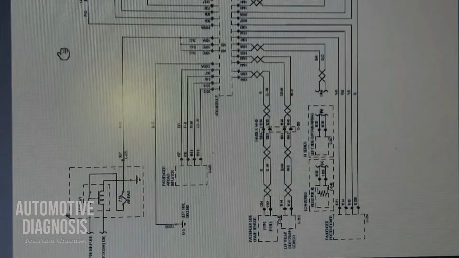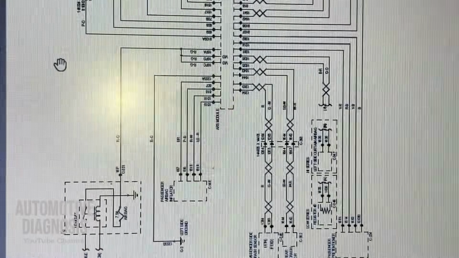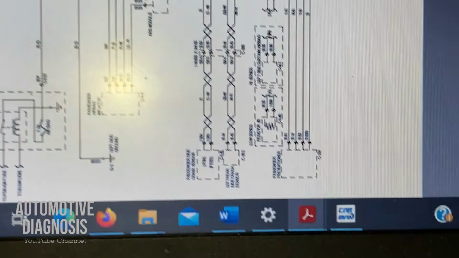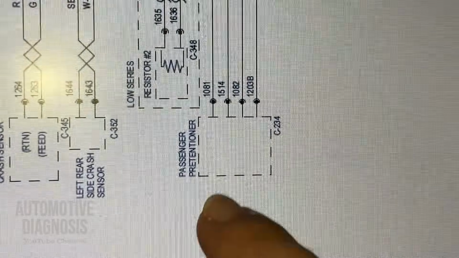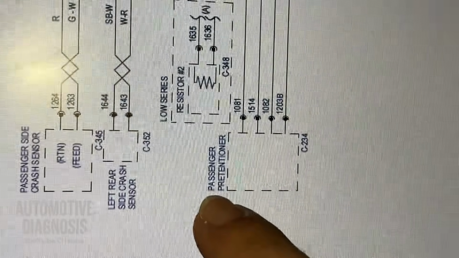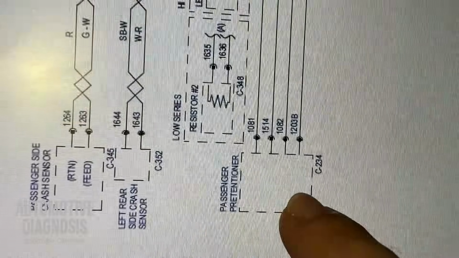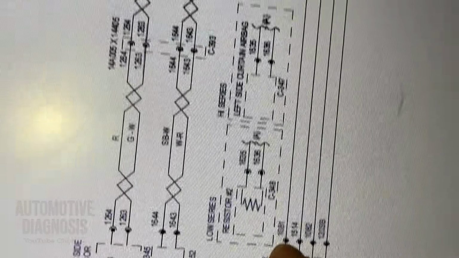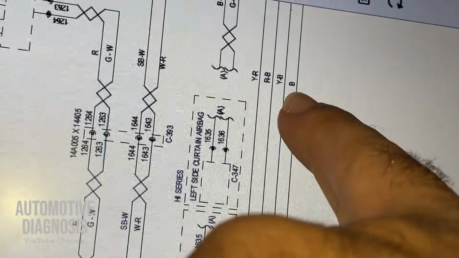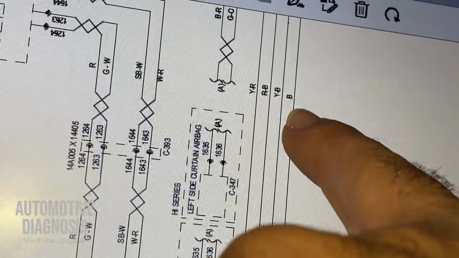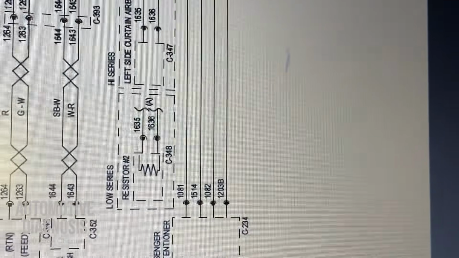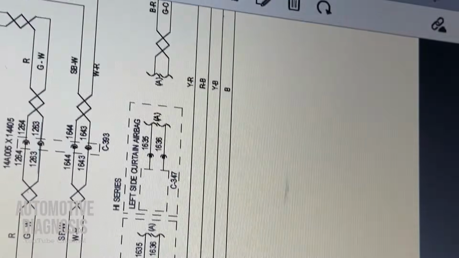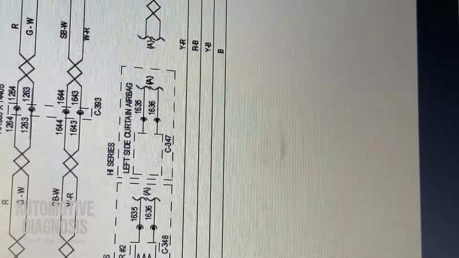So this is the airbag wiring diagram for this car, Ford Territory 2010. And as you see here, I've got the seatbelt pretensioner passenger side in here. So this is the component, and I have 4 wires and all the colors are here: black, yellow, black, red, black, and yellow, red. All these wires are here. The black one is connected to the ground, and all other wires